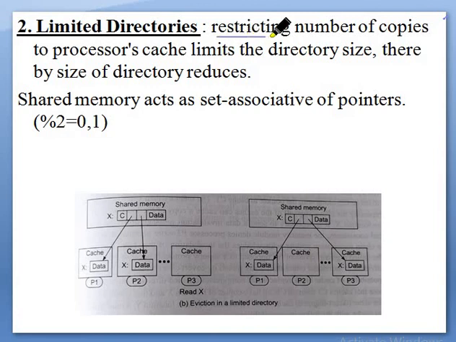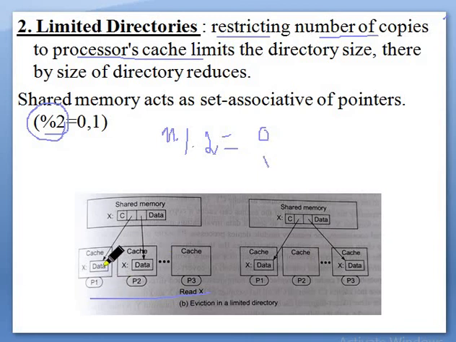Here we force the algorithm to use fewer processors. Earlier we connected as many blocks as there are processors, but now we use a special technique called modulus 2. Modulus 2 means that any number taken modulo 2 gives one of two results, either 0 or 1.